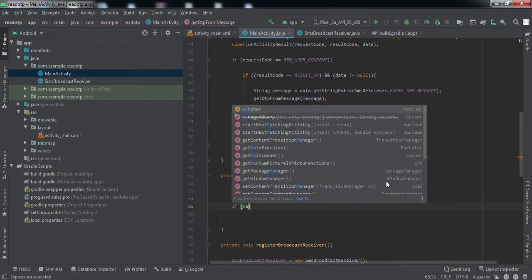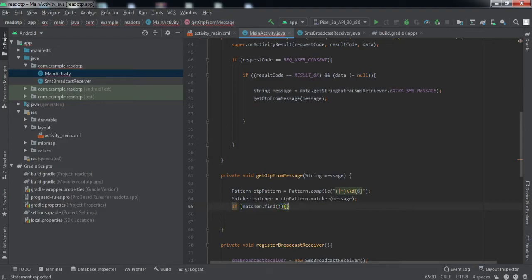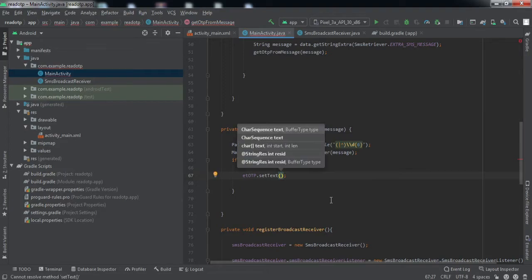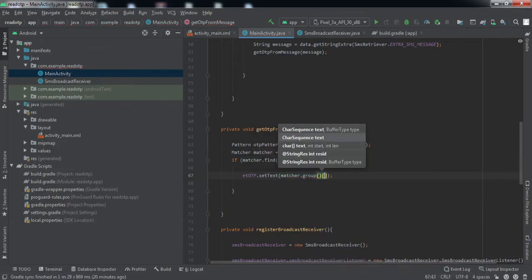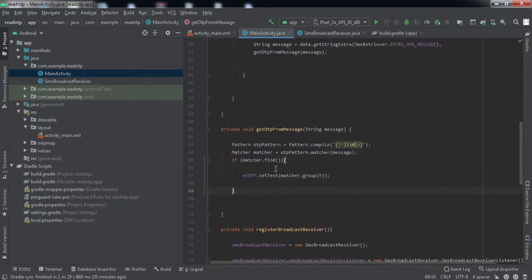So if matcher.find, that means inside the text message we have something like this, then etOtp.setText, and we'll set the text as matcher.group. Basically what it will do is update our edit text field. So that is all we need to do to implement this feature inside our Android application.